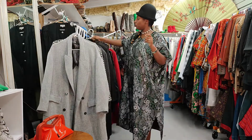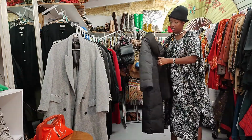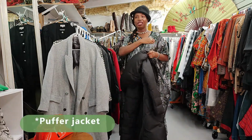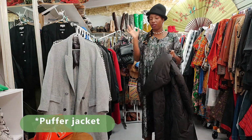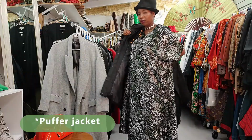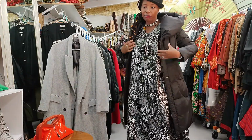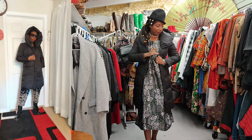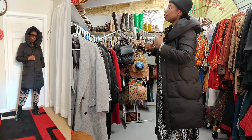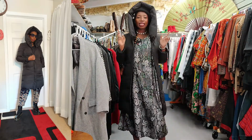I want to show you one coat. That is the only coat I have. How do they call it? It's not the puffed jacket. What is it? I forgot the name. Who can remind me the name of it? I forgot the name in English for this, but I love that feel. This coat, sis. When I saw this,